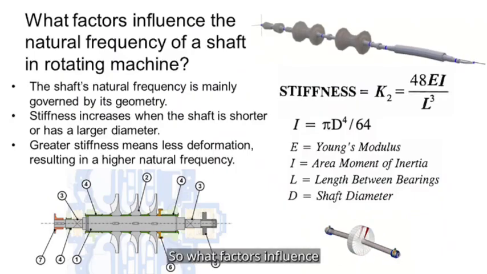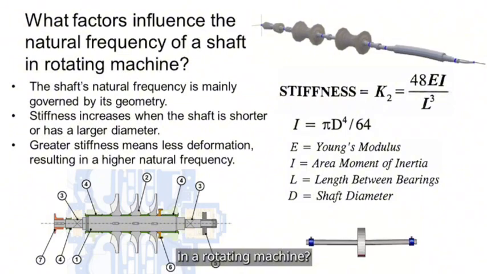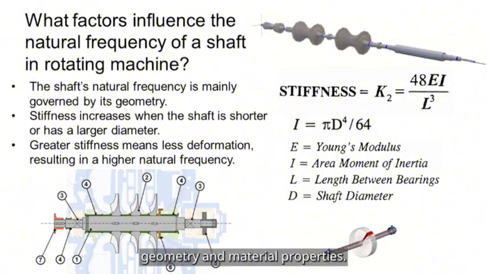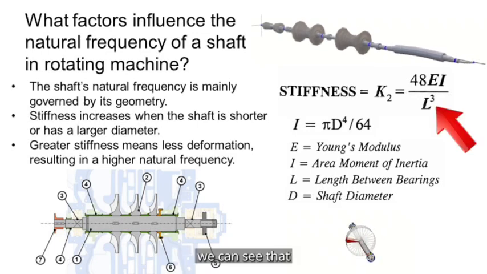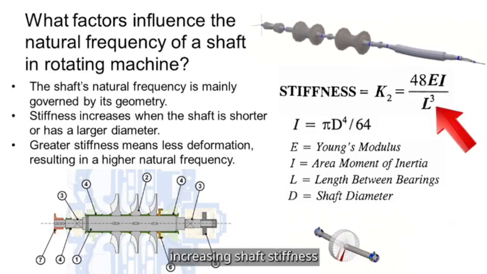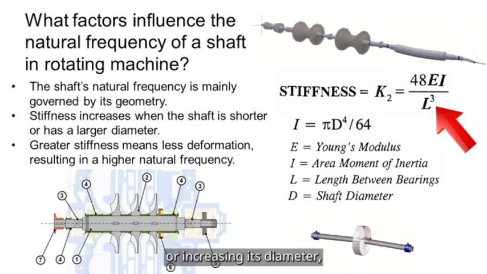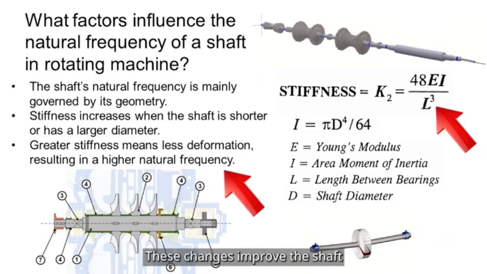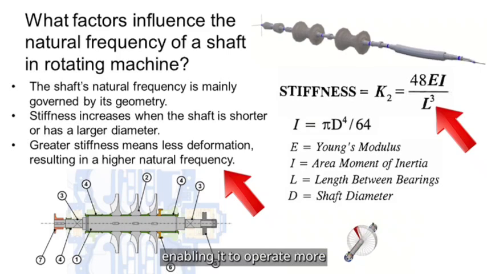So what factors influence the natural frequency of a shaft in a rotating machine? The natural frequency is primarily governed by the shaft geometry and material properties. From the governing equation, we can see that increasing shaft stiffness by either shortening its length or increasing its diameter raises the natural frequency. These changes improve the shaft's resistance to bending and deformation, enabling it to operate more stably